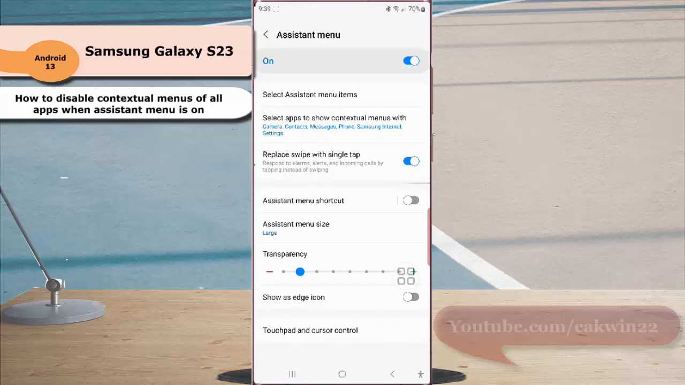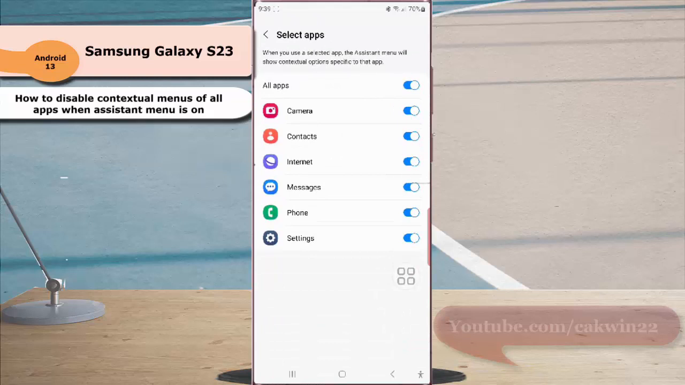Tap select apps to show contextual menu suite. And then tap the blue on off switch next to all apps to disable or hide contextual menu of all support apps when assistant menu is on. By doing this, the assistant menu will only display items that you have added to it before in the assistant